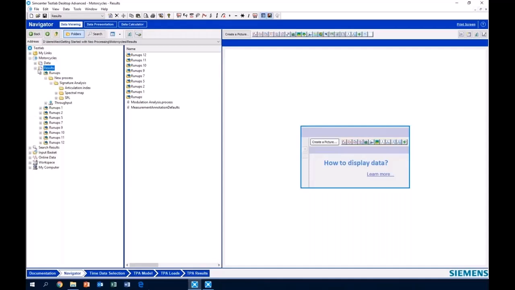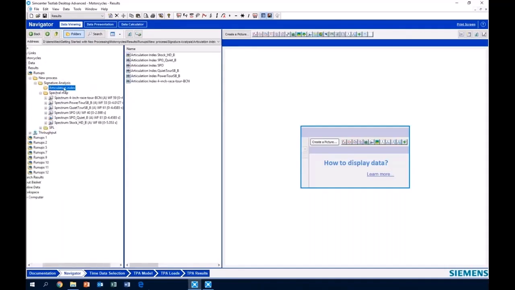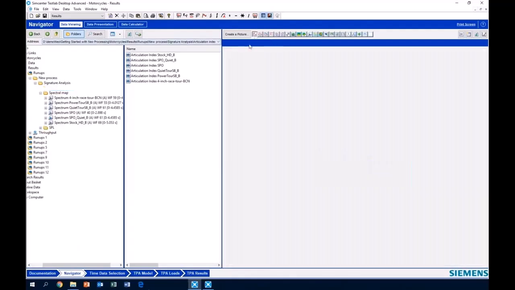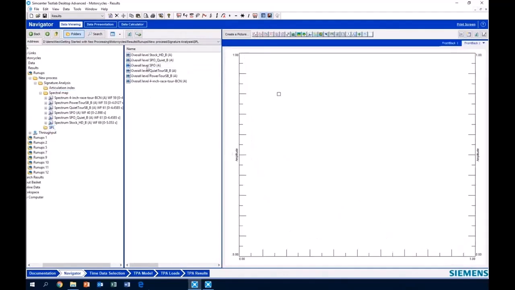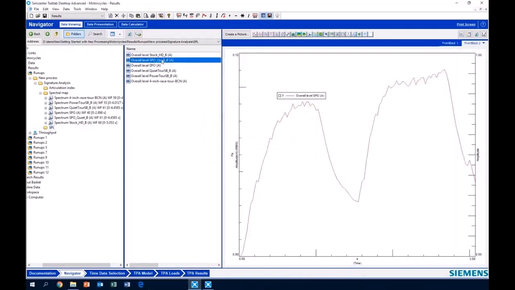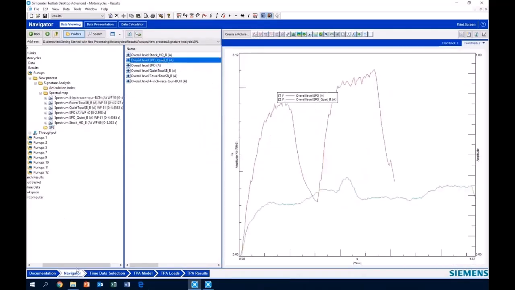So one is, if I come in here and I go to a folder, you'll notice that there's quite a few directories I have to go to in order to find my data. So I might find something like articulation index, and I open this up, and then I can look at articulation index, and then I want to see sound pressure level. I have to open up there, and I have to drag and drop. So there's quite a bit of clicking that you have to do.